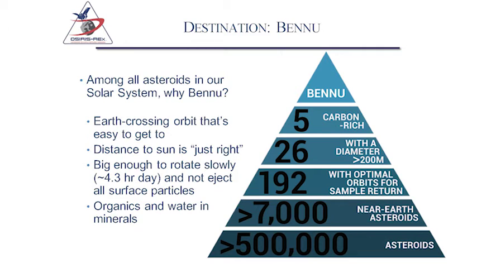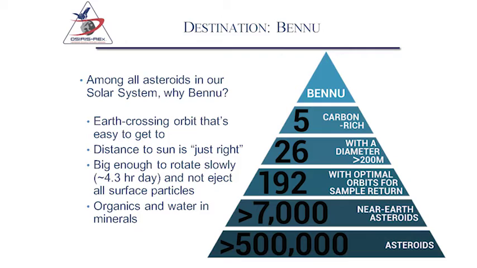There's only about 7,000 of those, plus or minus. That's still a big number to choose from. So then we come back to, well, okay, which ones are going to be in the best place for us to go and come back? Because we have to be able to do both parts of that. So when you constrain that, now you get down to just under 200 asteroids that are really optimal for going